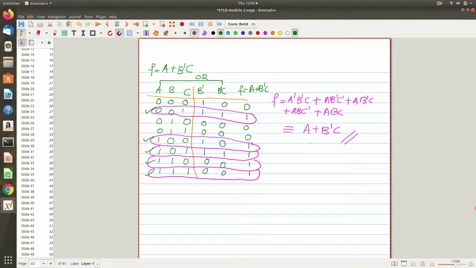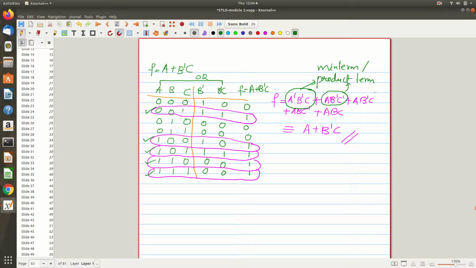Now this notation is what we call the canonical notation. The same function I expressed in a different form. If you look at the canonical notation, you can see that this is a special form. Each of these is a product term. This is A dash, B dash, C. These things are getting multiplied, so I can call this a product term. Another name for it is min term, or product term.